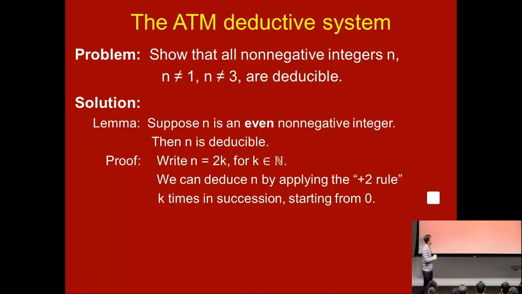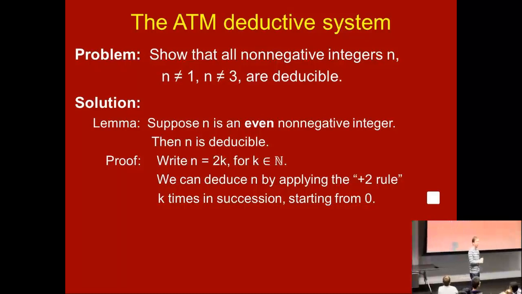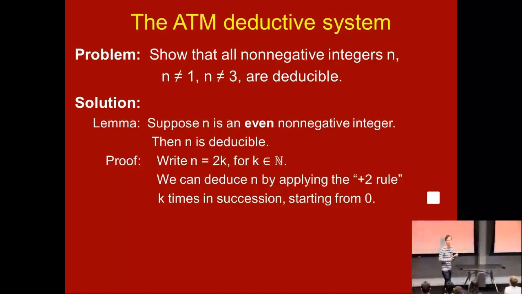OK, so let's try it. Actually, does anybody have a suggestion? Yeah? OK, the suggestion was to split it into cases, even versus odd. What are we going to do about the even numbers? Yeah, you can just keep adding 2 over and over to get all the even numbers, right? Again, there's actually multiple proofs, and this one of splitting into even and odd cases is the one I also chose. But there are other ways to solve this problem. So anyway, let's say we did all the evens. How are we going to get the rest of them?